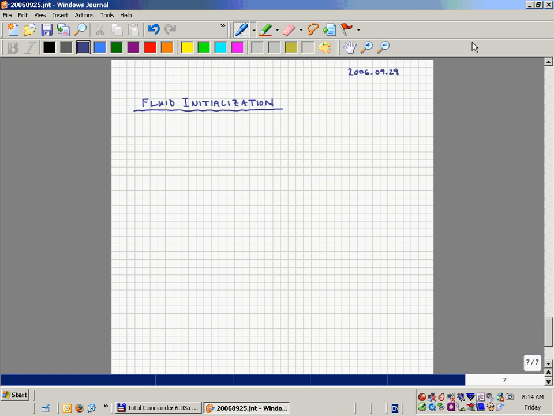We're going to continue today what we started on Monday, related to the initial fluid distribution in a reservoir, petroleum reservoir. Just as a summary,